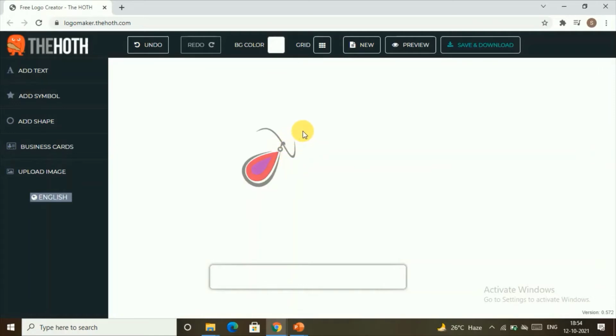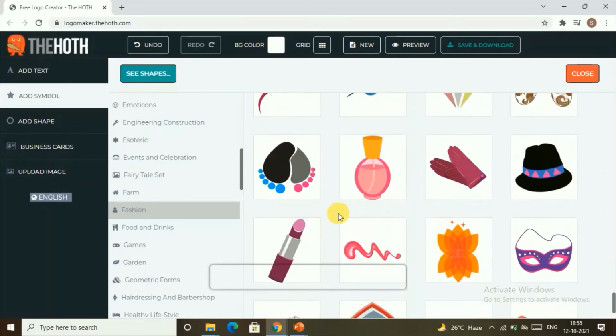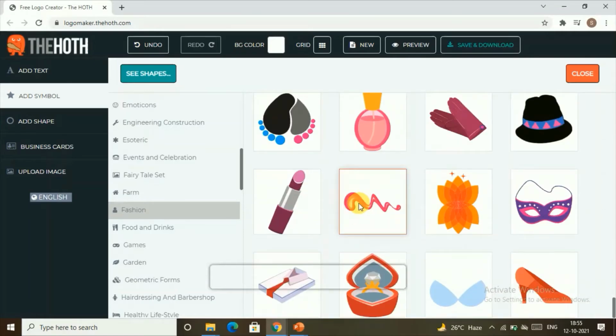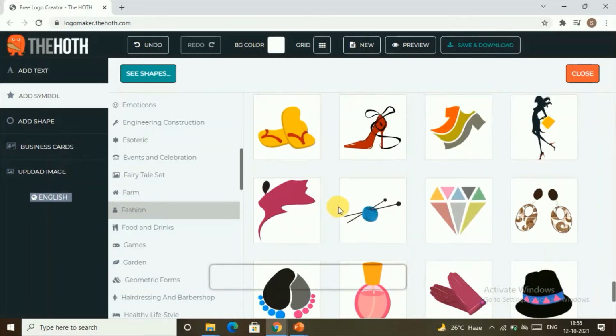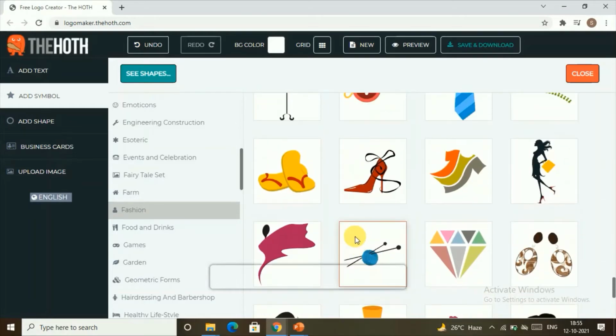And now let's see how you can make your icon more unique. You can make your icon more unique by adding one more symbol inside this. You can just click on add symbol, and you can find other symbols here, and you can just merge them. It's all about your creativity and your thinking, so you can do it. And then let's say I just want to add this.